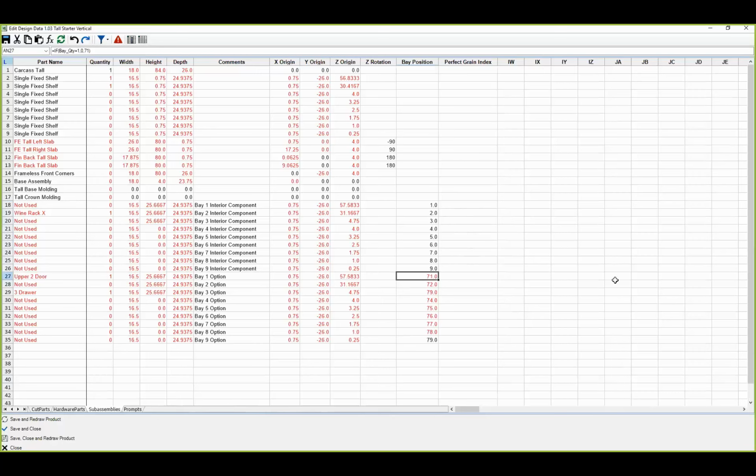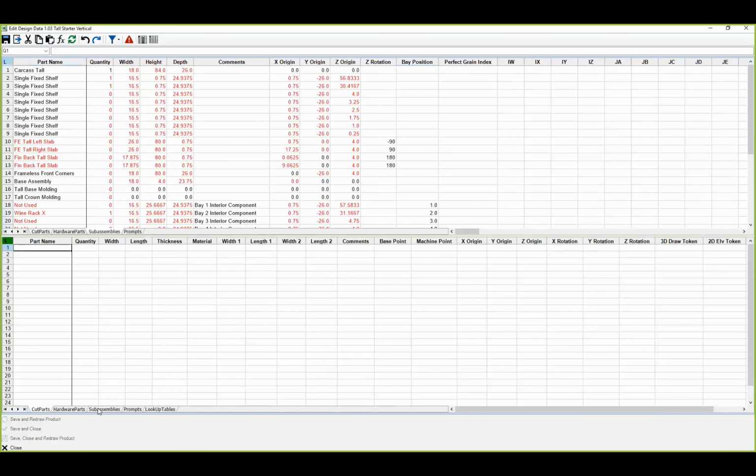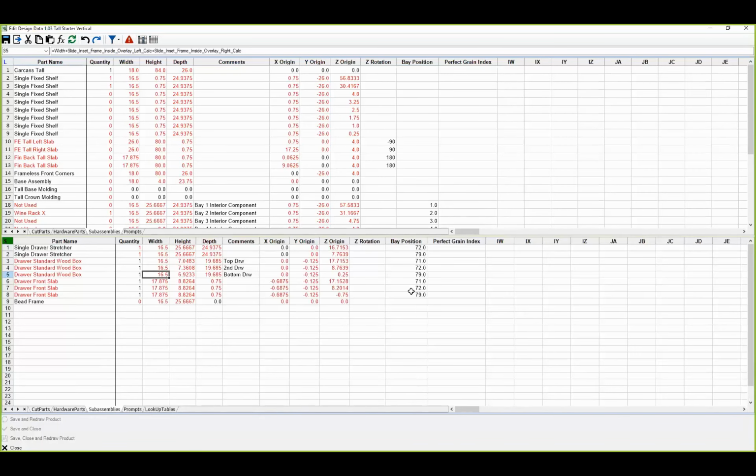You'll see 70s, 80s, 90s as some drawer inserts, and you might see some 1, 2, 3, 4s as some other items, and so those numbers are really just used to drive different things into the bay positions. And so here, if I go to this 3-drawer insert, for example, inside of there, I'll see some additional subassembly items. And here you can see that I've got 3 standard wood boxes, but each of them actually behaves differently,